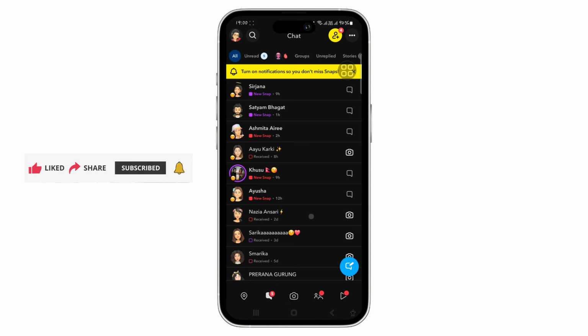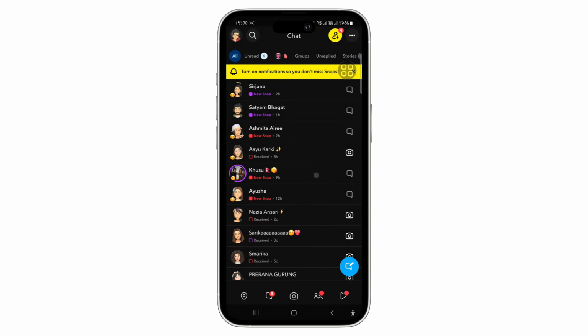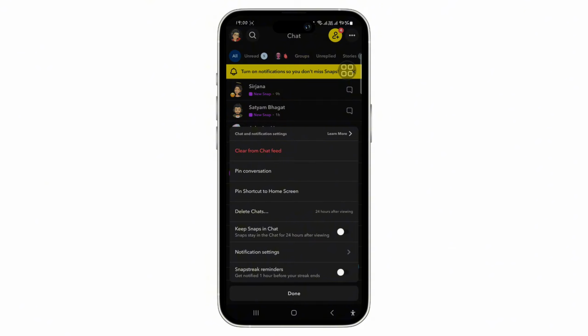Simply tap and hold onto the chat. Then tap on Chat and Notification Settings that is below Manage Friendship. In here, tap on Clear from Chat feed if you do not want this person to appear on your chat